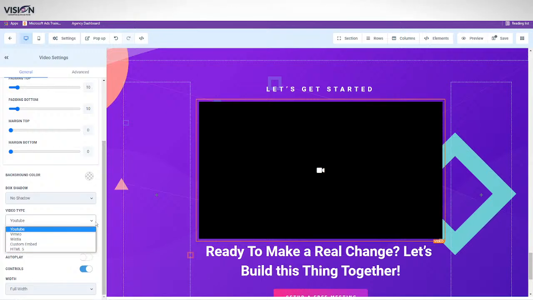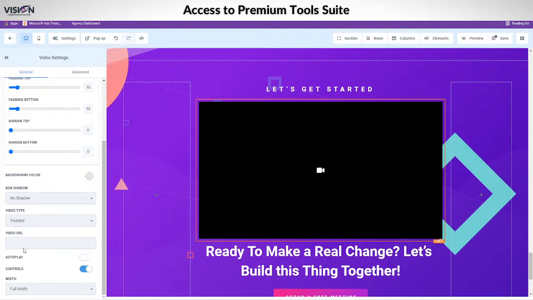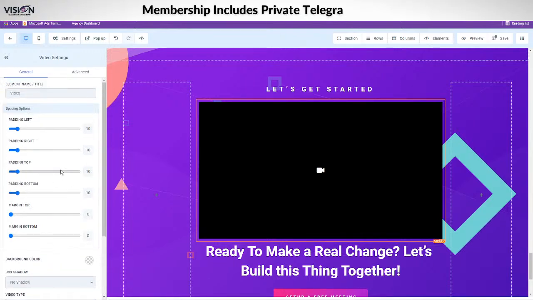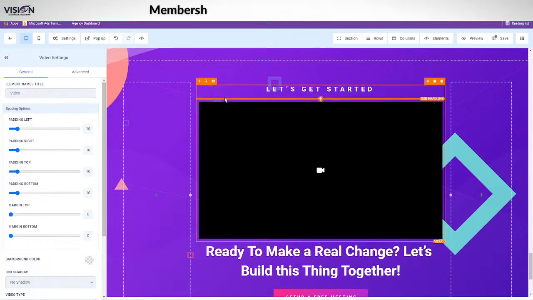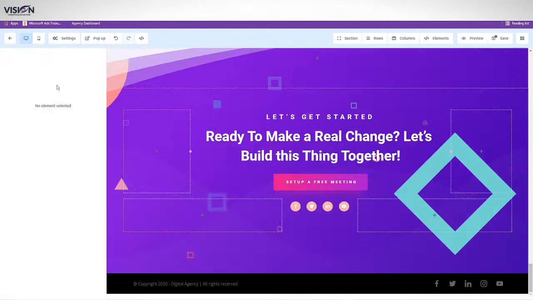You can also add the code if you want to, and if you're using YouTube, you just paste the URL here. So you can see that it's very similar to Cheetah, but then Cheetah is also very similar to Divi and Elementor and then ClickFunnels and all of that. So very powerful, very user-friendly builder.